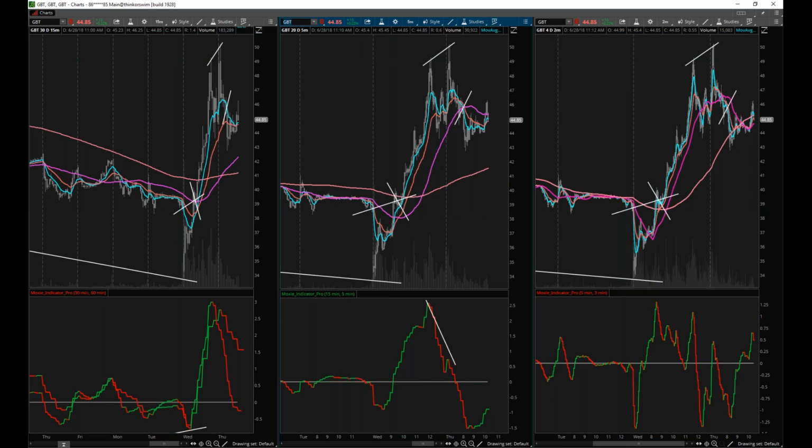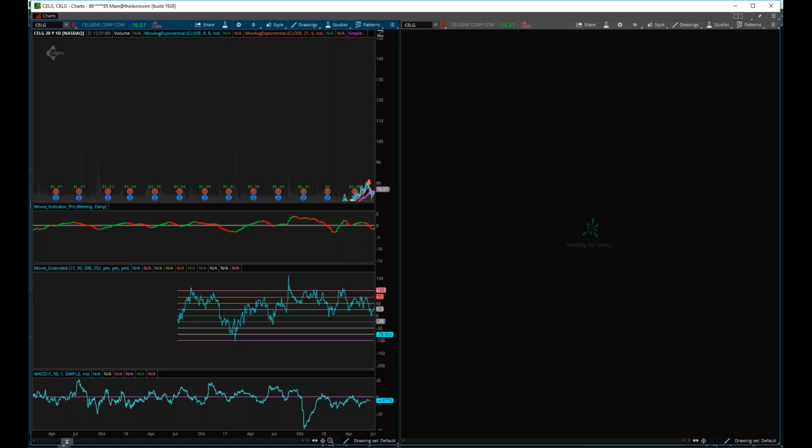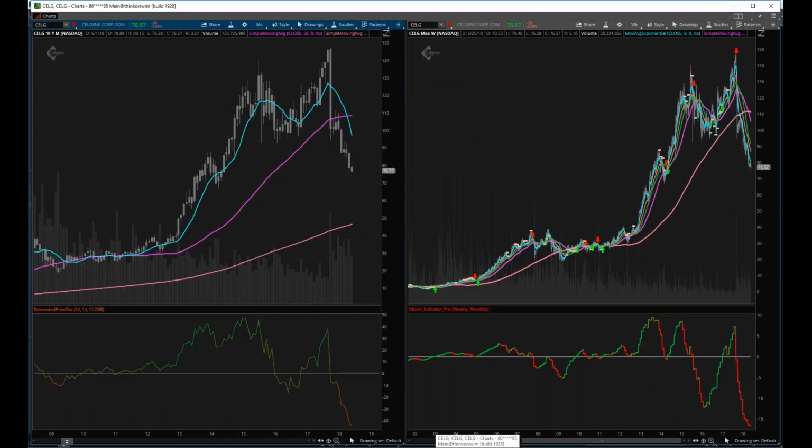Holy cow. All right, let's see, CELG, Celgene. Now, before I even look at this, I'll just say that some stocks do better with the Moxie indicator than others because some of them are very choppy. So, all right, Gordon, I would imagine you're trying to figure out, hopefully you're not still in this and trying to say, well, is this thing going to turn around and can I be saved? Hopefully you'd be looking at this thing like, okay, it's at the bottom, maybe it's bottoming out, and where's a good entry? So I like to always look at the highest time frames first to give me context and see where I am. Number one, I don't see any bottom except for potentially, where'd my cursor go?